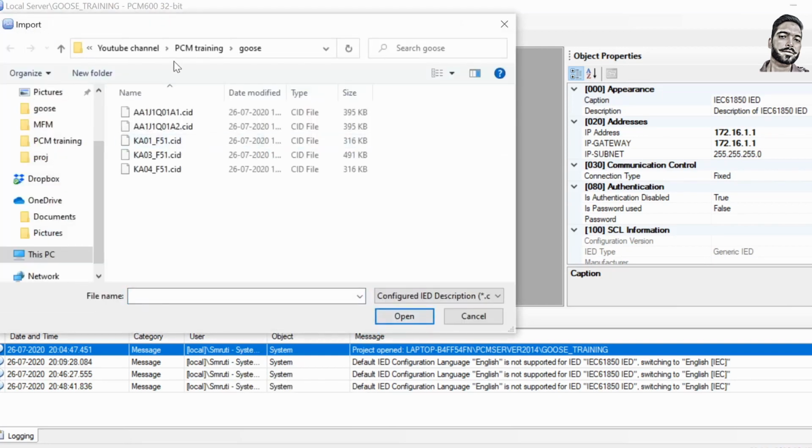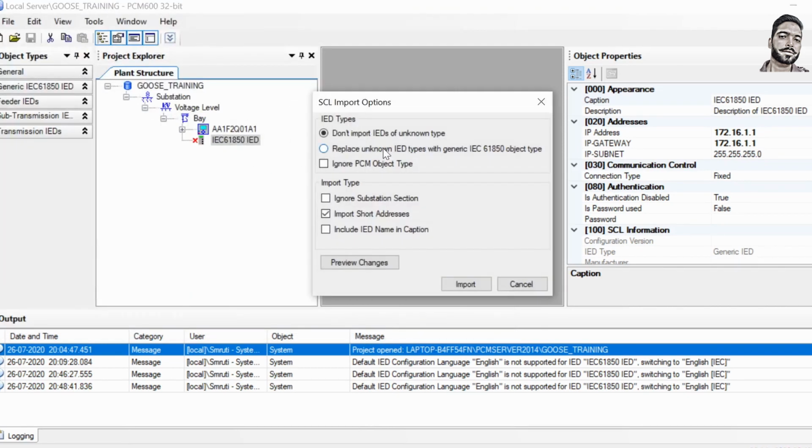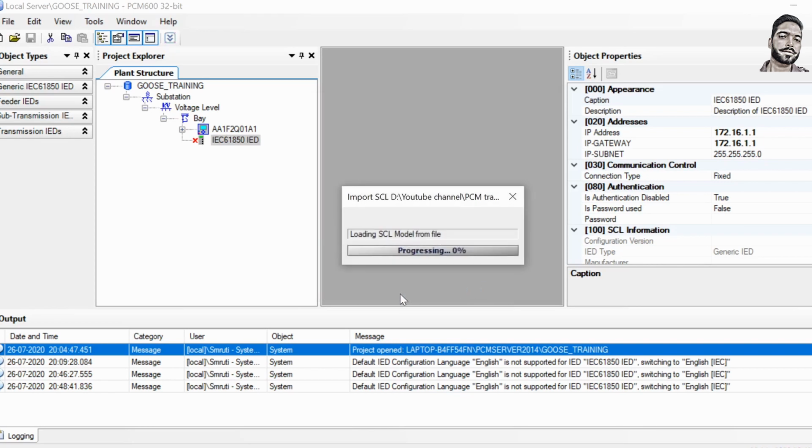You can see this is my Siemens relay. So I will add one relay here. For adding this, I have to replace and tick all this. I think you watched my last video, Communicating with RTU. If you didn't watch that, just watch that video before watching this video, so you will understand the meaning of all these things I mentioned there. So just import this one. Now its import process is going on. Depending upon your PC speed it will work.